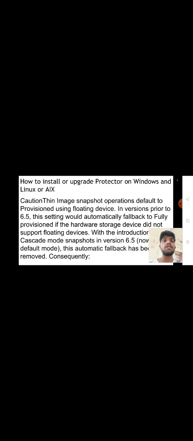How to install or upgrade Protector on Windows, Linux, or AIX. Question: Thin image snapshot operations default to fully provisioned using floating devices in versions prior to 6.5. This setting would automatically fall back to fully provisioned if the hardware storage device did not support